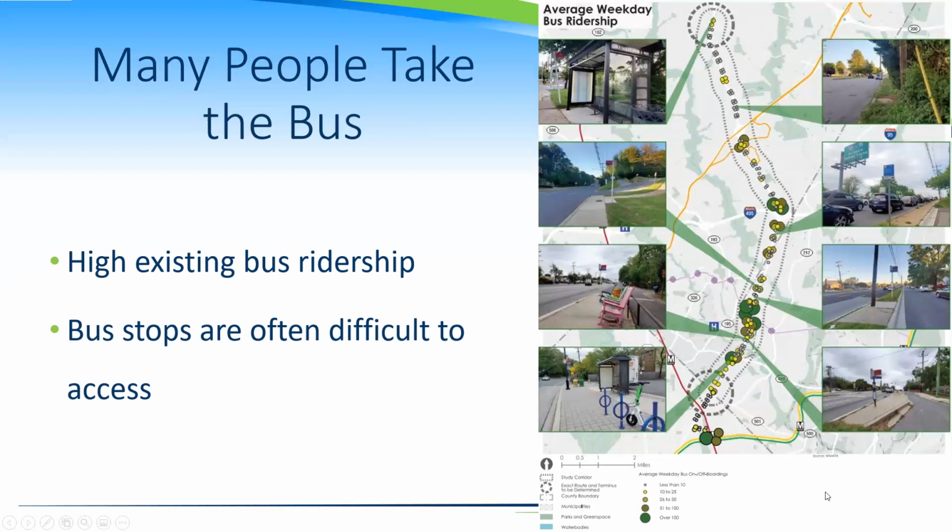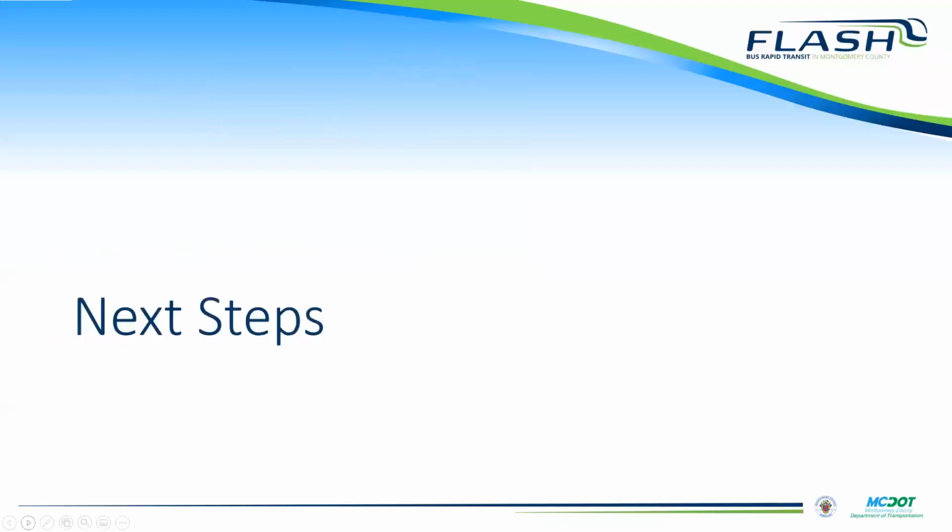You can also see the difficulty in where those bus stops are located and how to get to those bus stops. Some of those bus stops have shelters and amenities for bikes and have nice rocking chairs in the case of the city of Takoma Park. Others less so, that are in very small medians between the service road and the main line next to fairly fast moving vehicles, sometimes with limited sidewalks. So that's a brief overview of the conditions.